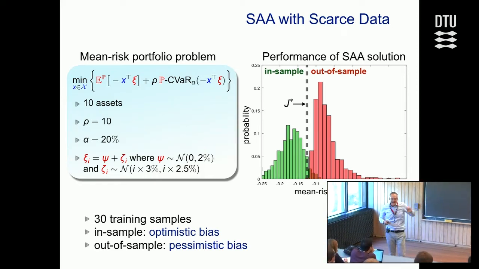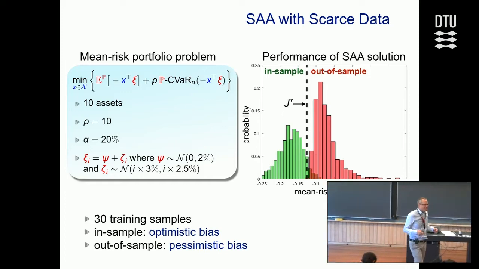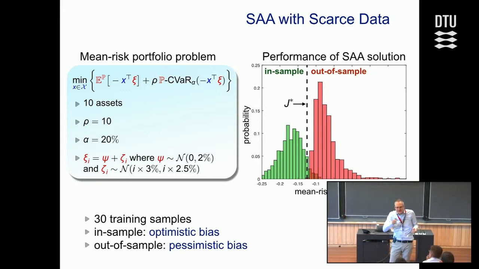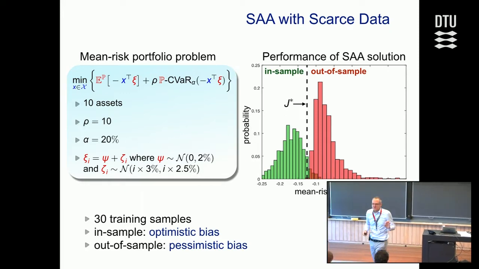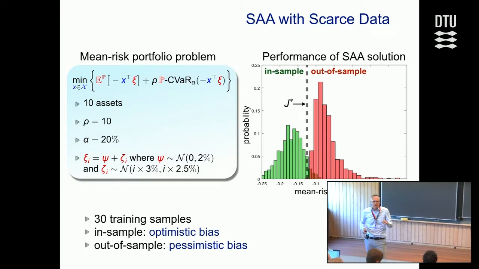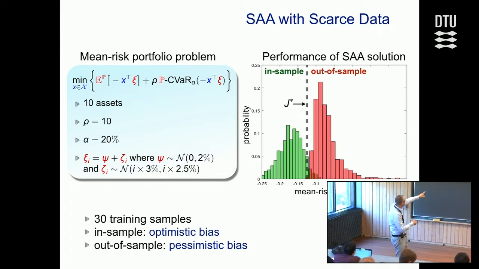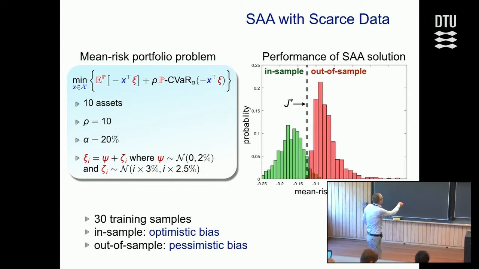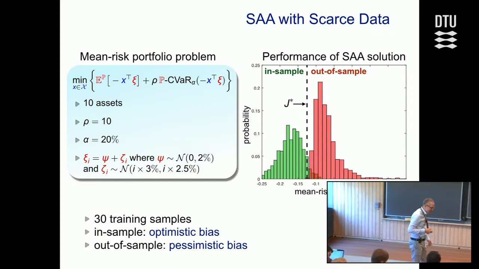Okay? Now the red histogram is also, you see there is a lot of variance. So the risk that the investor will face in reality can differ a lot depending on the training samples, so depending on luck, essentially. The other thing, of course, out of sample, you can never do better. Your risk can never be smaller than the optimal risk J star, right? Which you can only compute if you know the true distribution. So that's why the red histogram is entirely to the right of this black dashed line.